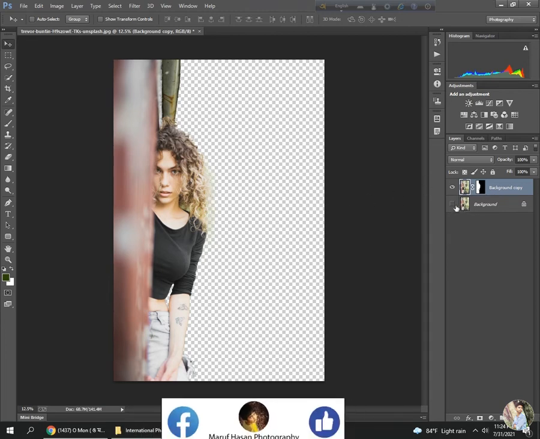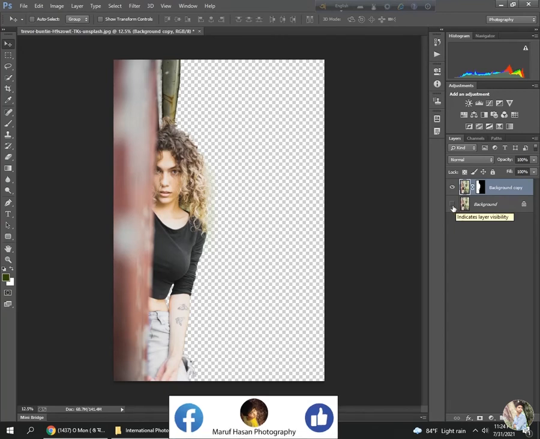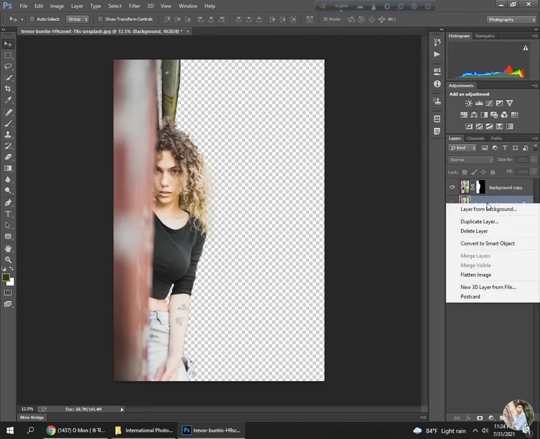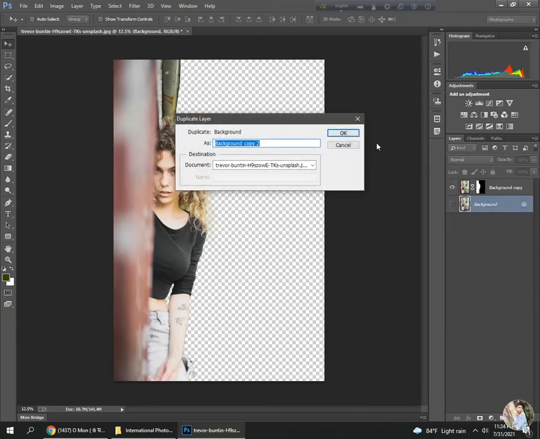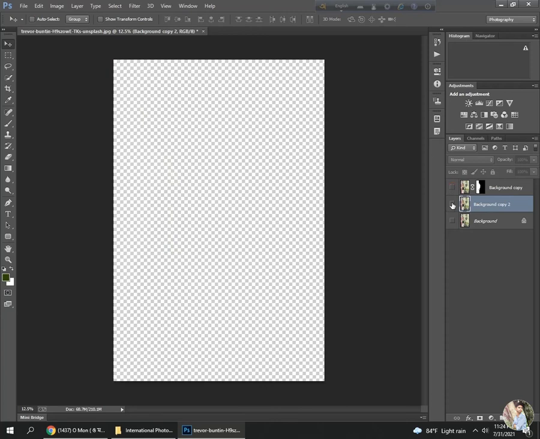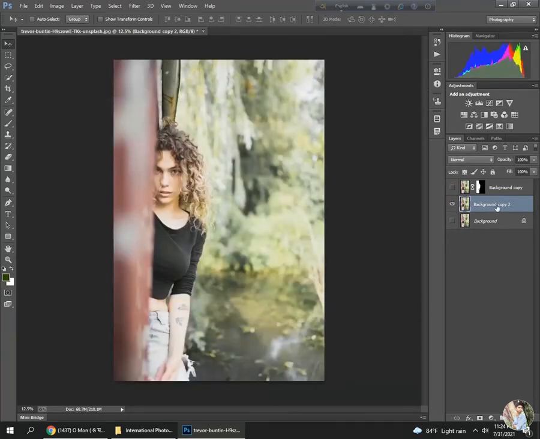on the subject, and the background is totally different. And then we go to the background layer and click the right button of the mouse, and then click Duplicate Layer and OK, and see another layer created. Then I will close the subject layer and then open the middle layer, background copy,